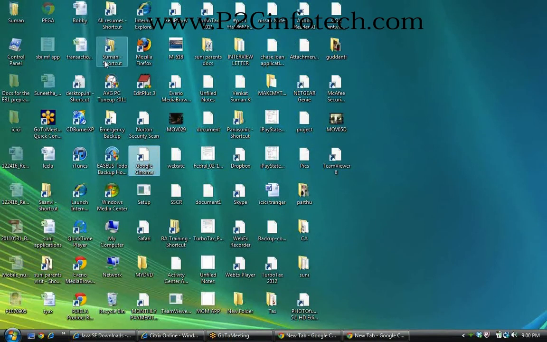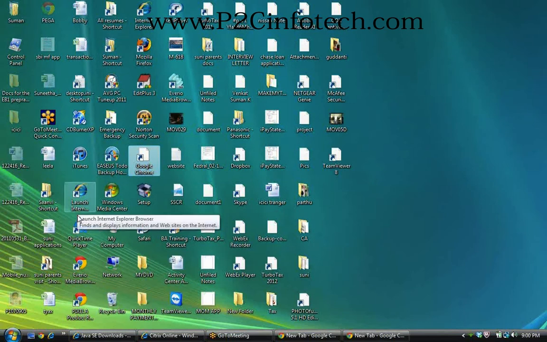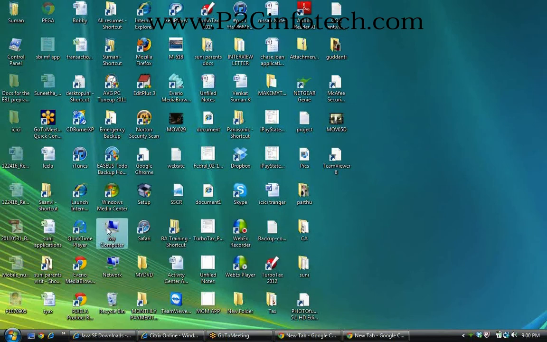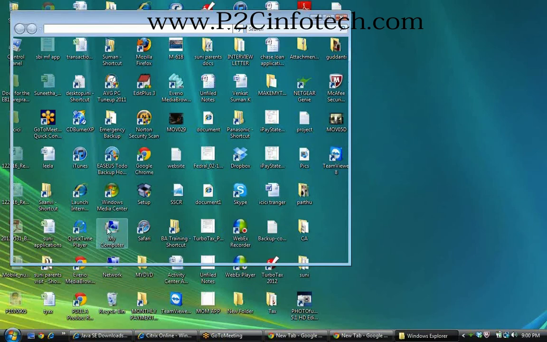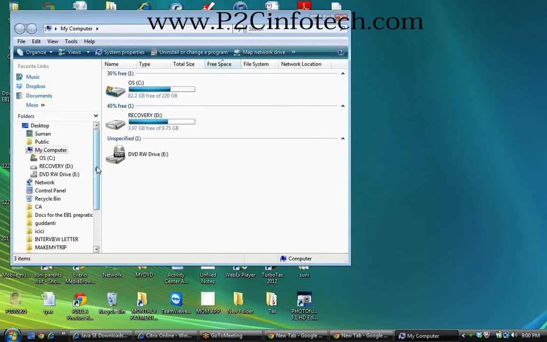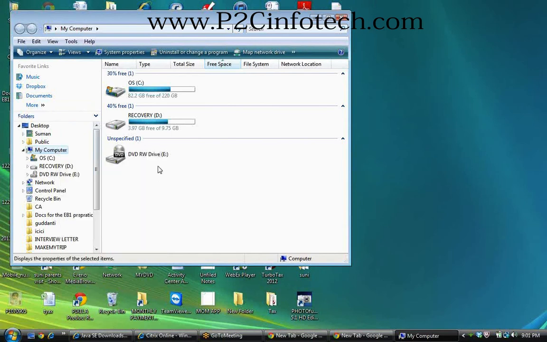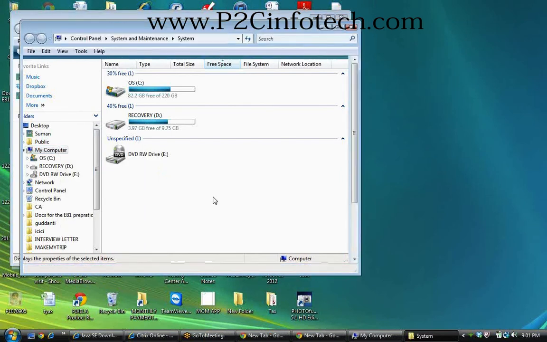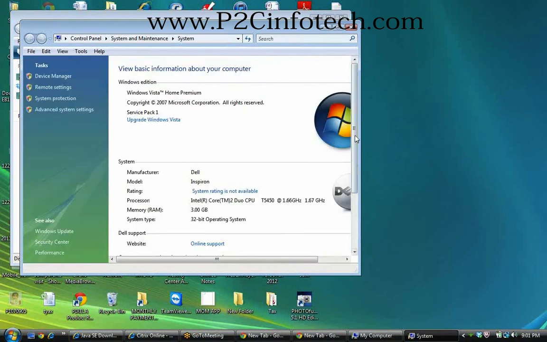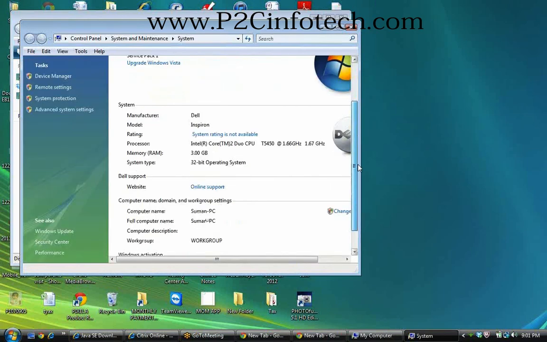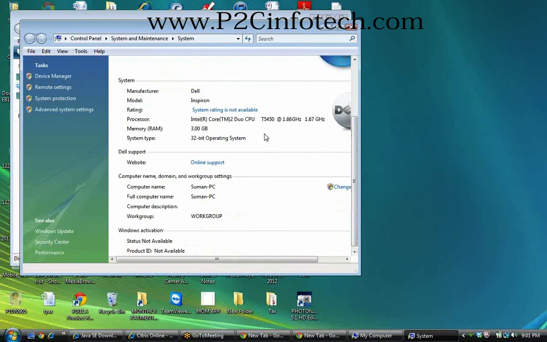You can see My Computer somewhere. Right click on My Computer and go to Properties. Sorry, it is 32-bit. It says 32-bit.